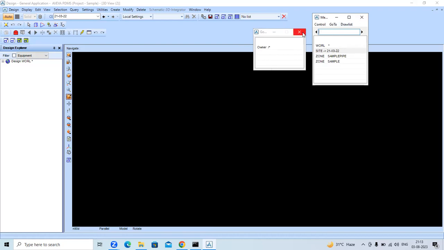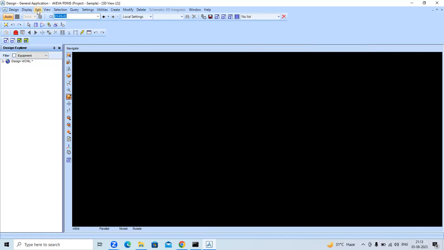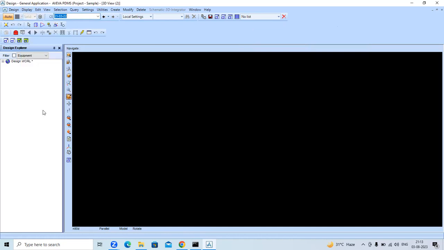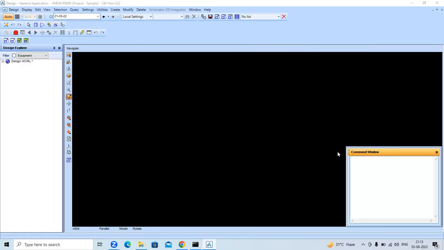Got it? Okay. Display next, advanced member command window. Once you click on this, the command window will open. All the commands we are going to write in this window, and accordingly they will work for our modeling. Next is the edit, delete, selection, rotate,